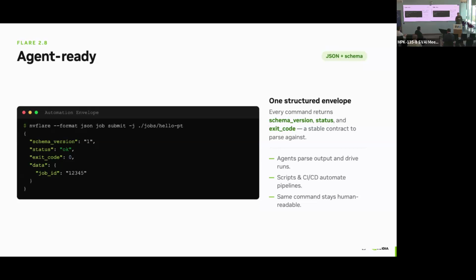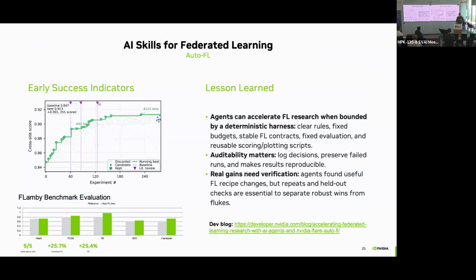I'm going to go one slide. I'll skip that slide. So this is a very interesting work. At NVIDIA, we do both development of open source code, and we do research around federated learning. So we have a research team that collaborates with a whole range of universities around federated learning algorithms, differential privacy,